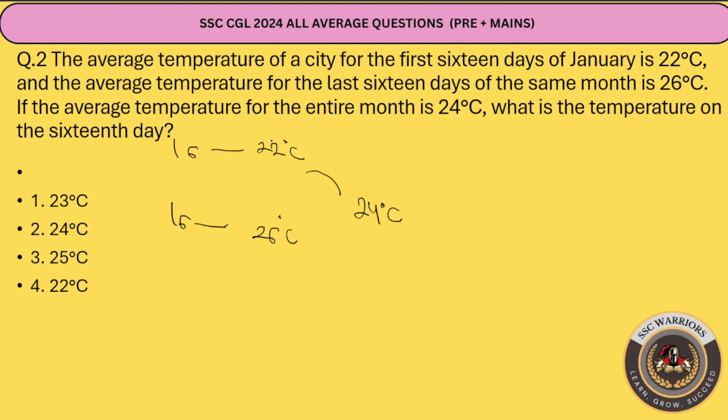अब एवरेज से ये कितना कम है? 2 डिग्री। कितने में डिस्ट्रीब्यूट होगा? 16 मल्टीप्लाई टू, दैट इज 32 डिग्री कम है, और ये 2 डिग्री ज्यादा है। कितने में डिस्ट्रीब्यूट होगा? 16 में, दैट इज 32 डिग्री ज्यादा है। तो ओवरऑल देयर विल बी नो चेंज, सो 16वें दिन का टेम्परेचर क्या होगा? 24 डिग्री सेल्सियस।